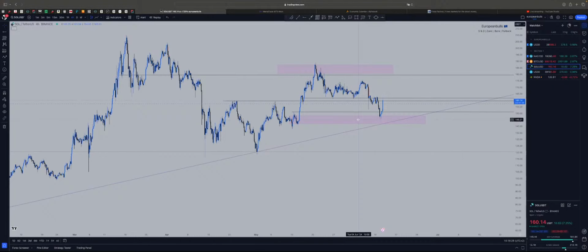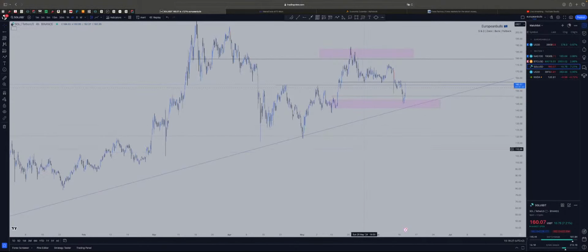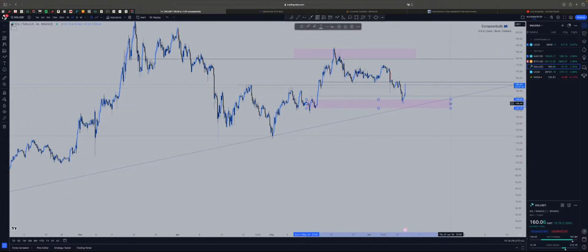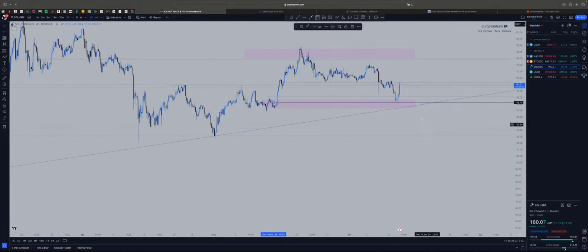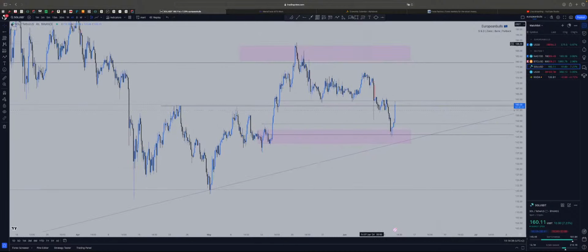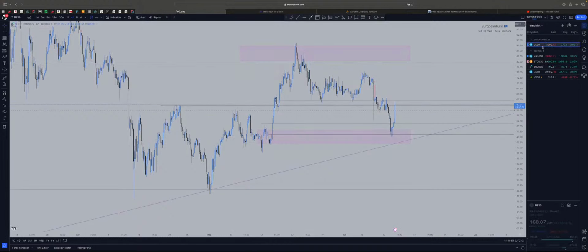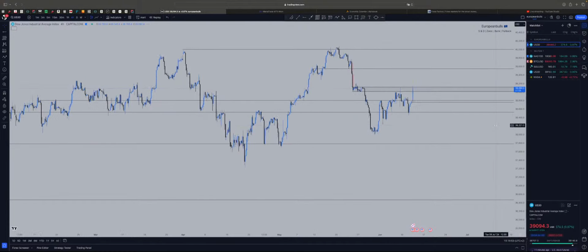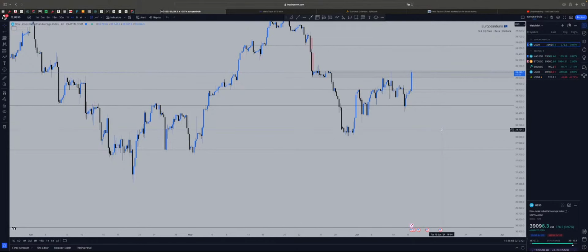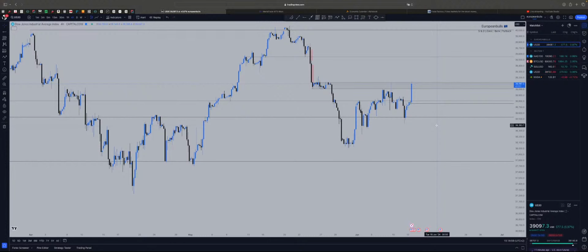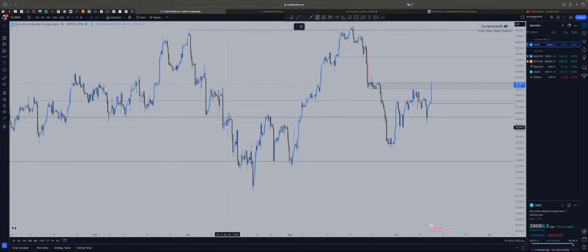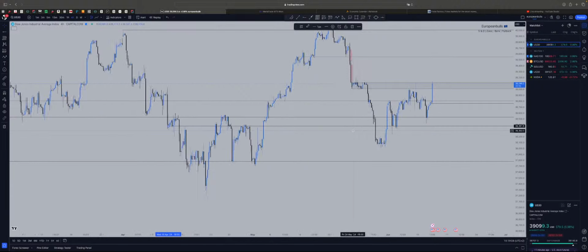Anyway, this area, as I marked yesterday, was my point of interest to buy, and I did when the price reached this imbalance zone and I saw some wicks, I started buying in this area. I'm not trading with cryptos, I was just investing. So I would just wait for it to go up, or if it decides to come down, I don't care, because you only invest what you can afford to lose in cryptos. The volatility in this industry is for big ballers, I would say, not for someone like you or me watching videos.